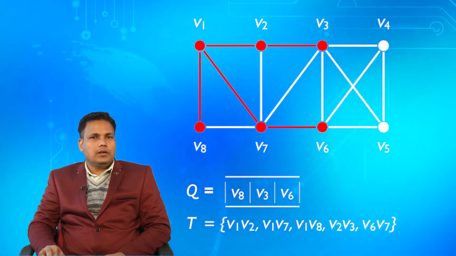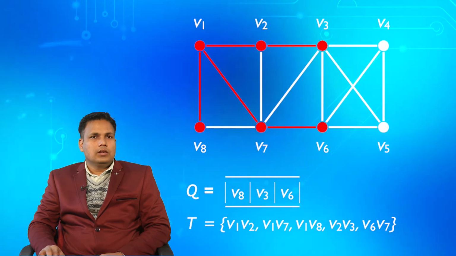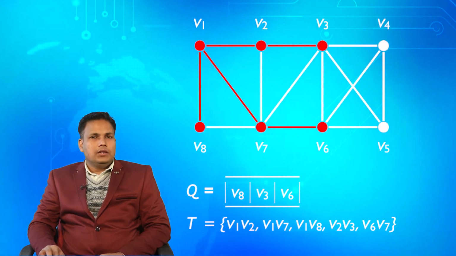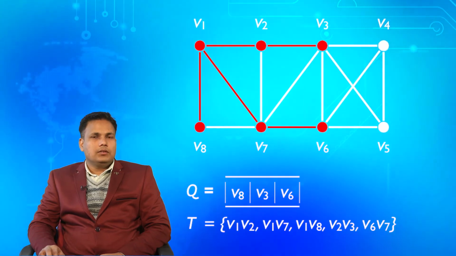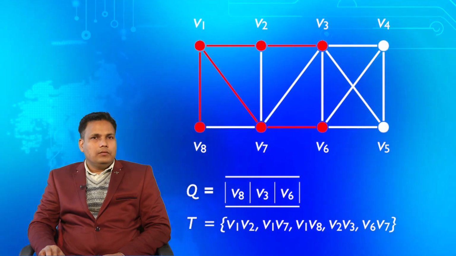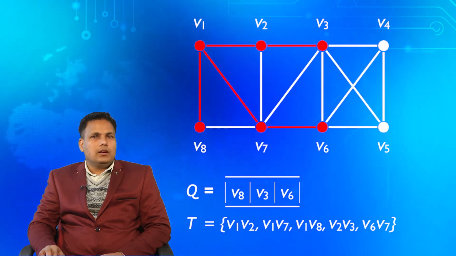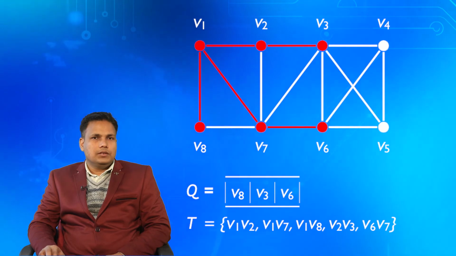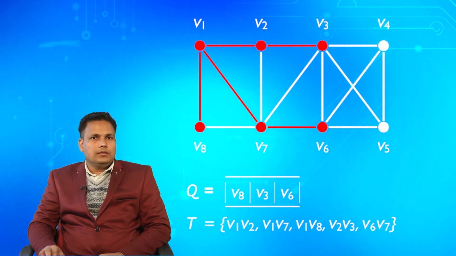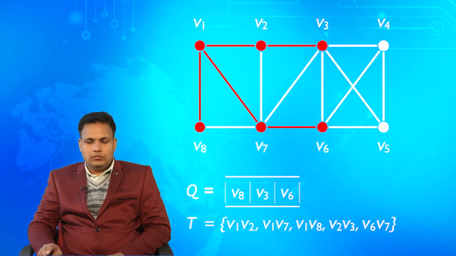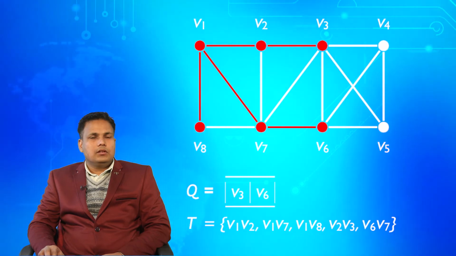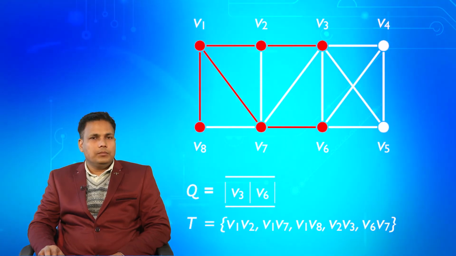We remove the first vertex of Q, which is now V8, and then we shall visit all the unvisited neighbors of V8, right. But you can see that all the neighbors of V8 have already been visited, right. The neighbors are V1 and V7, which have been visited already. So no change will take place in T, right. V8 is removed from Q,